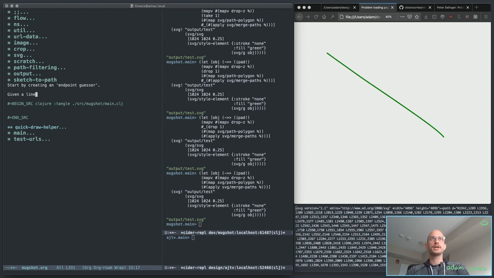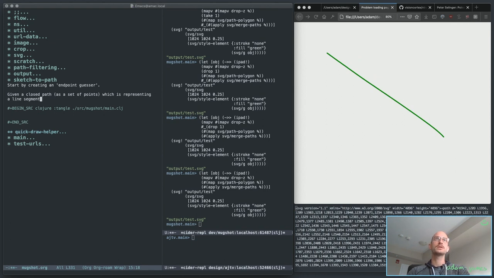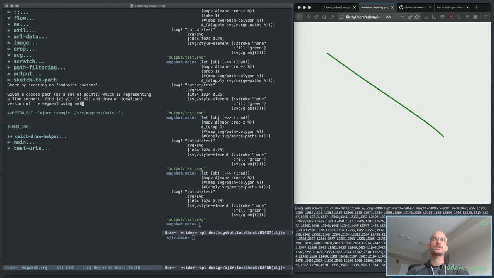Given a closed path as a set of points, which is representing a line segment, find x1, y1, x2, y2, and draw an idealized version of the segment using only those endpoints. And the idea I have for this is